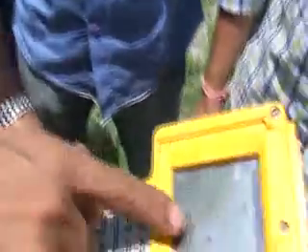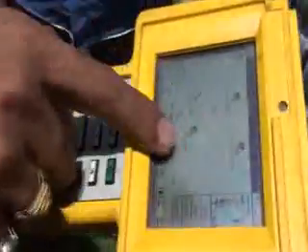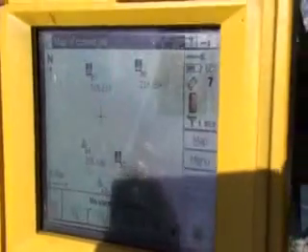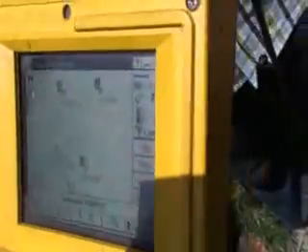Now once you collect observations of the various points, you will also get a plot something like this. So you can see these various points. These various points are basically those points where you have actually gone, kept the instrument and taken the observation, right? One more important thing which you should know is that we never rely on a single observation in survey.